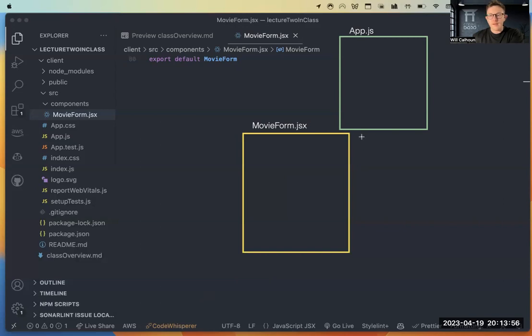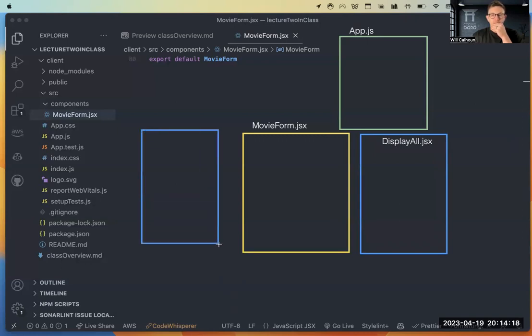Say I had a display, let me change the color. We had a display all, and maybe a display one.